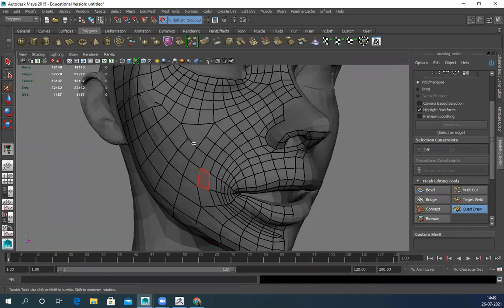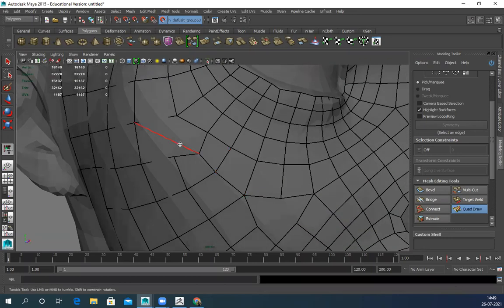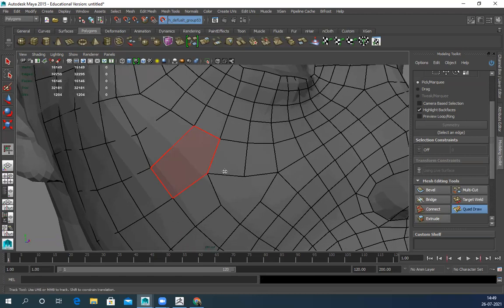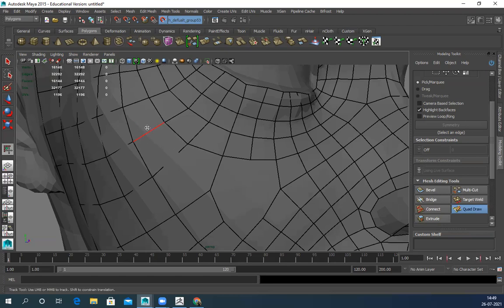Not nice. Now all these things are quad. The triangle is gone.